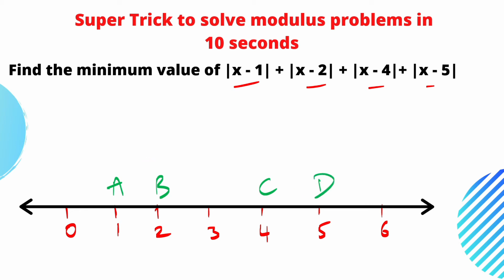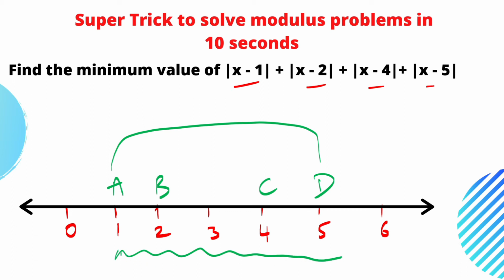We have to make sure that A, B, C and D meet at one point such that the distance covered by all of them must be minimum. Okay, so ignore the external part. Our range is only internal, so from 1 to 5. Anywhere in this range they must meet. But what is that point? We must make the value minimum.